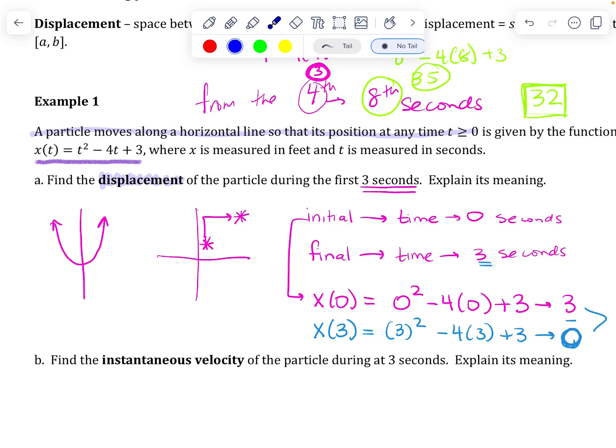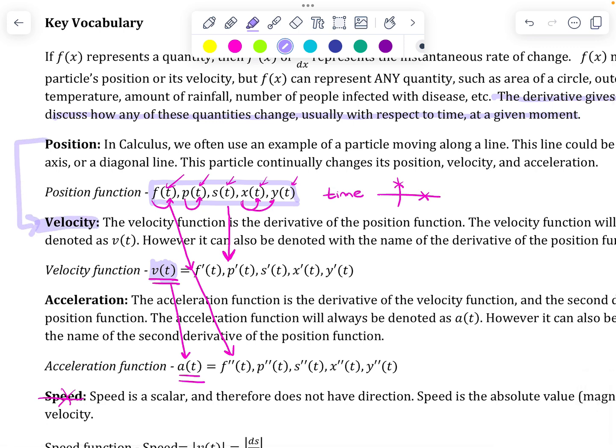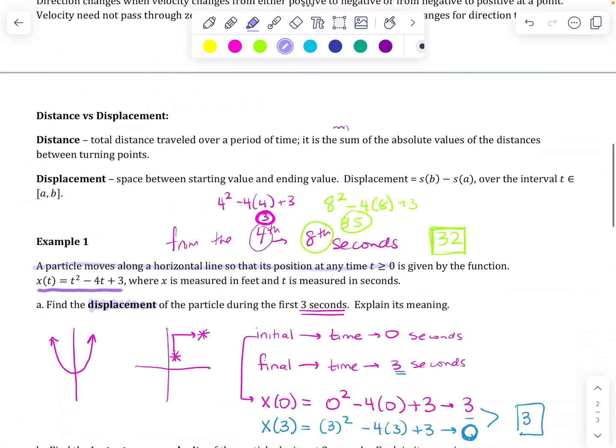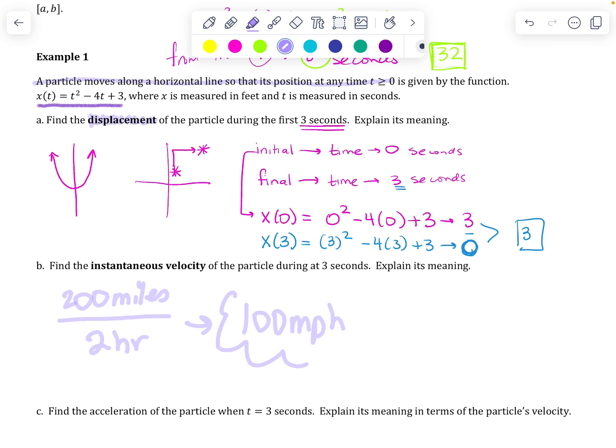Okay. Velocity is asking me about the derivative. So velocity is always going to be the derivative of the original function. As soon as I see the words instantaneous velocity, instantaneous means at that moment, not finding how fast this is changing. If we go back to that very first example I did in class, when we drove 200 miles to Wisconsin, 200 miles in 2 hours, right? The rate of that would be, well, yes, I'm driving 100 miles per hour, but that's not the instantaneous